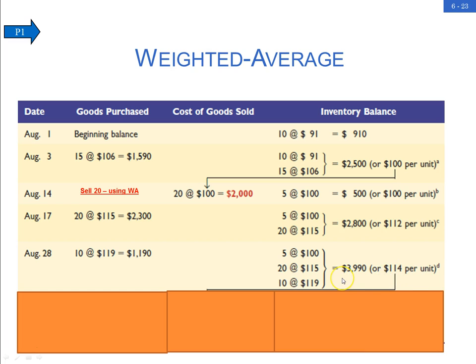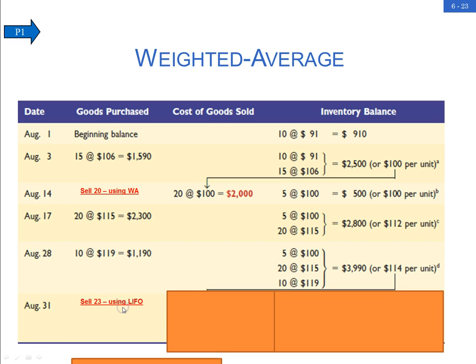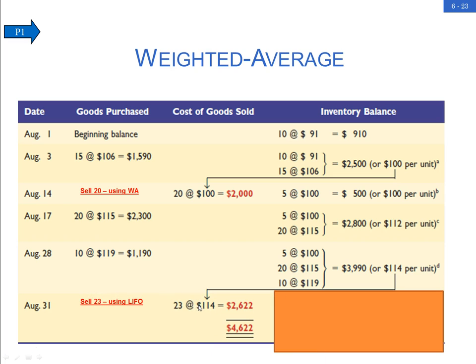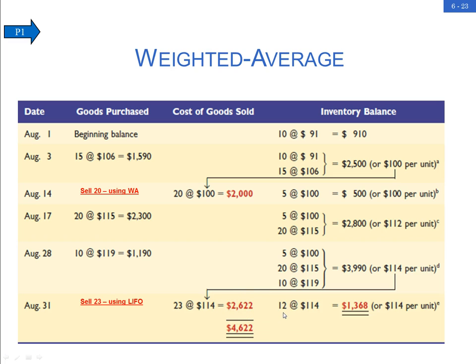And this is right before we make our sale. That's the amount we'll use for our sale. So August 31st, when we sell 23 bikes, we assume that they were all at the weighted average. And that's the cost that we input to our journal entry for cost of goods sold. And this, of course, would be our ending inventory, right? If we had 35 bikes before,